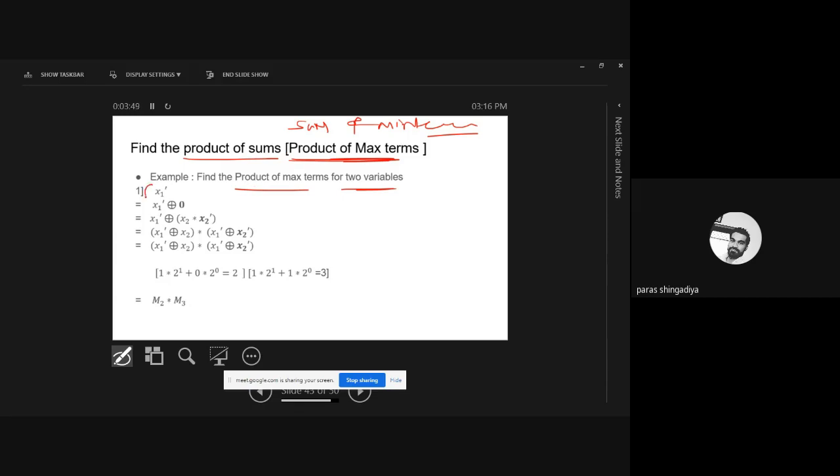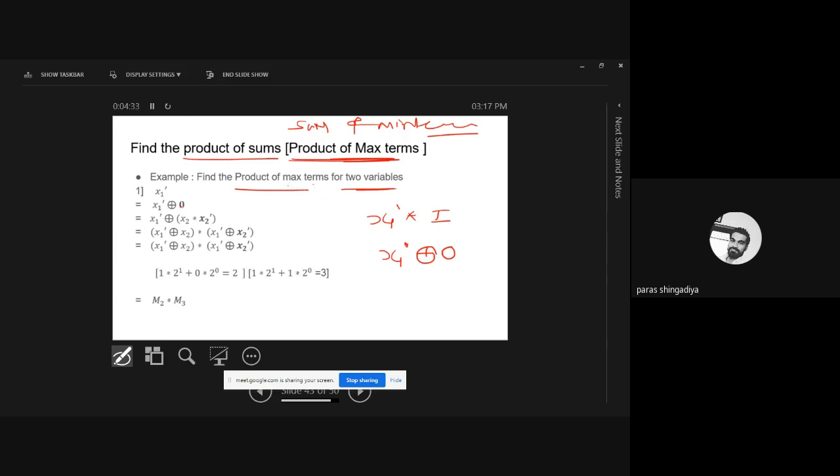Okay. So one variable is given as x1 dash. ठीक है, और आपको चेक करना है इसका प्रोडक्ट ऑफ द मैक्स टर्म. ठीक है, मींस जो भी मैक्स टर्म की वैल्यू डिफाइन होगी इट शुड बी इन द प्रोडक्ट. ठीक है. So what we'll do in the max term concept: if min term is given in the example, then we'll multiply by I. But if it is a max term and we require the product at the last, we'll add a zero element to define the next term. Clear, we'll add a zero element if it is asked for the product of max terms.